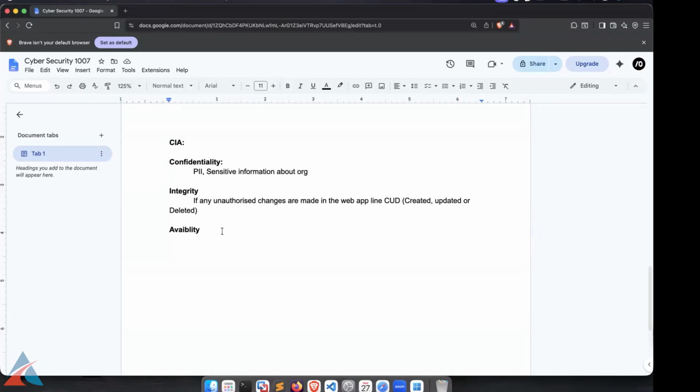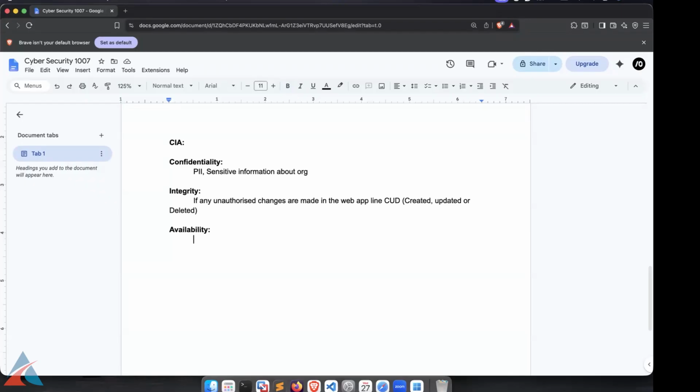Okay, and then comes availability. We're going to see an example after this so that you'll understand it better. Availability is when an application goes offline or is not accessible to users because of an attack. Then we say the availability of that web application is hampered. Or, if by any particular vulnerability the availability is going down, then we say availability is compromised.